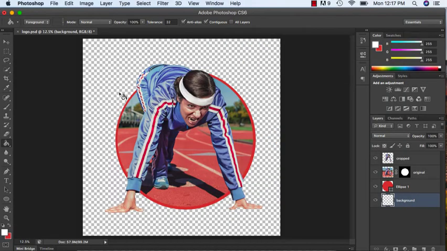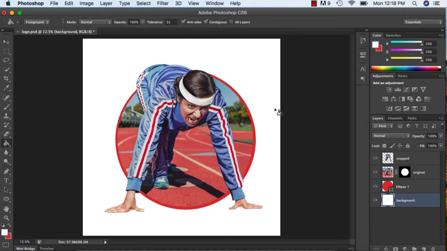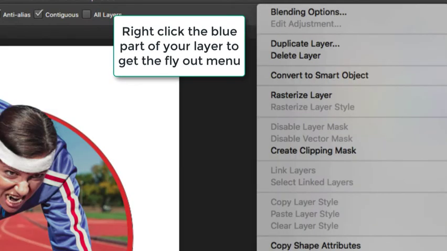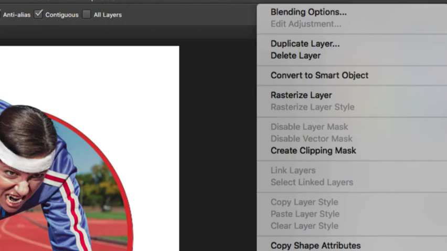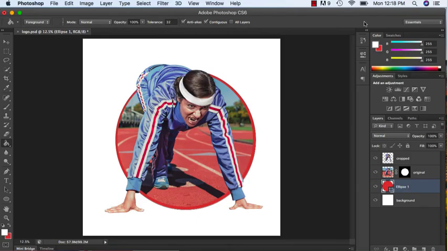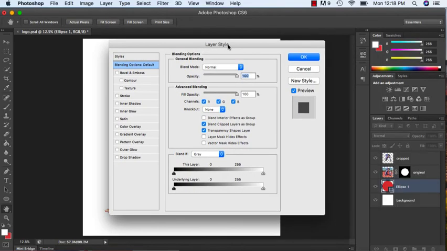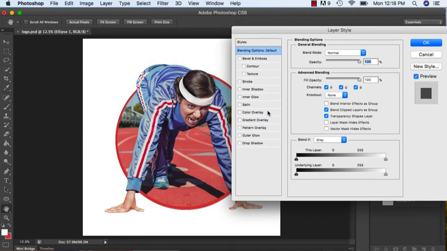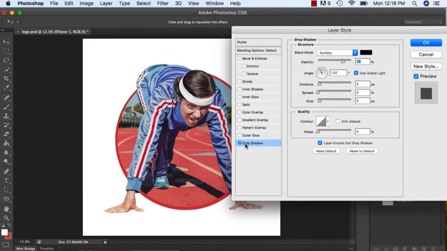All you do is you click inside here and now I have a white background. I'm going to put my blending options on the circle. And if I right click or control click, I get a blending options box. If your blending option box comes in the center here, move it over to the side so you can see what you're doing. You don't want to just click on the checkbox on the side. You want to click on the word. So what I'm going to do is I'm going to click on the word drop shadow,